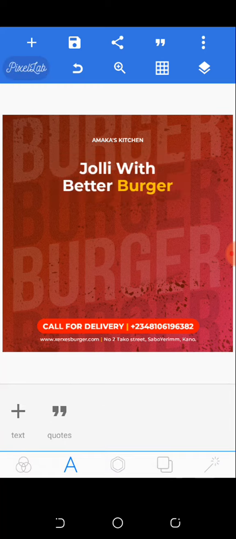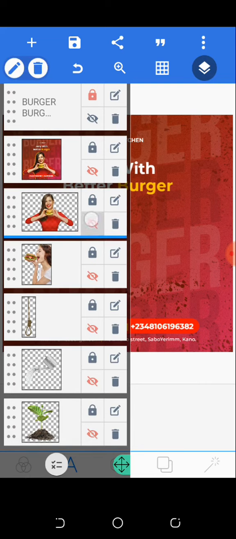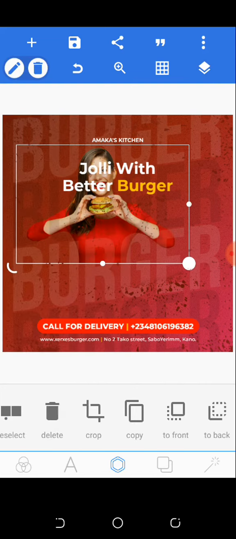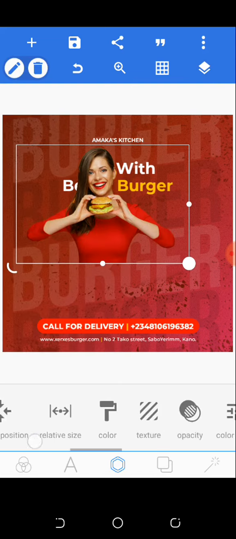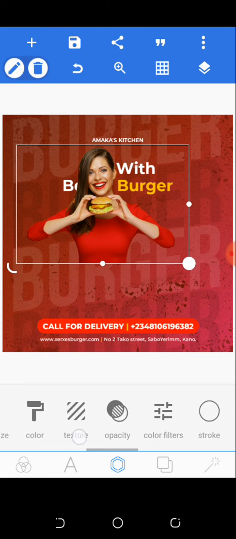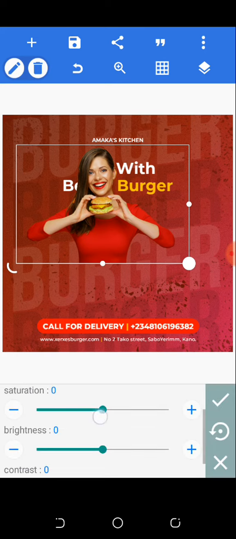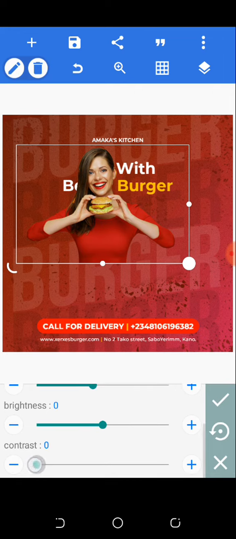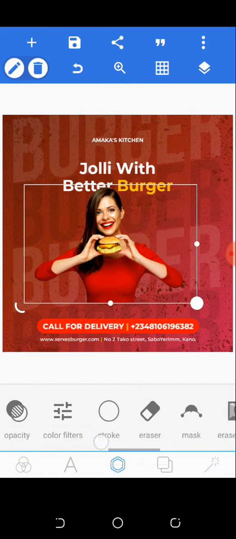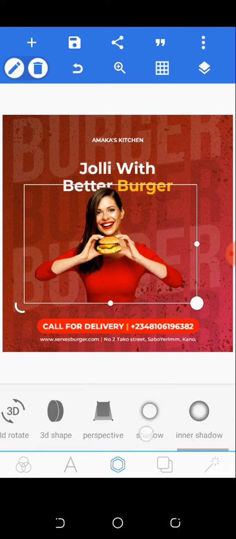Okay, now, so this guy here, my model. So just watch this effect I'll be doing now. I'll just come here to texture, give it a bit of saturation, make it 15. Alright, so I'll add my contrast to it, about 25. Then I will just reduce the brightness to 20. Now I'll be giving it shadow, the same color I made use of for my